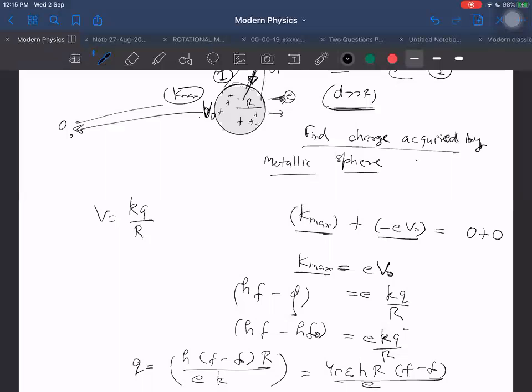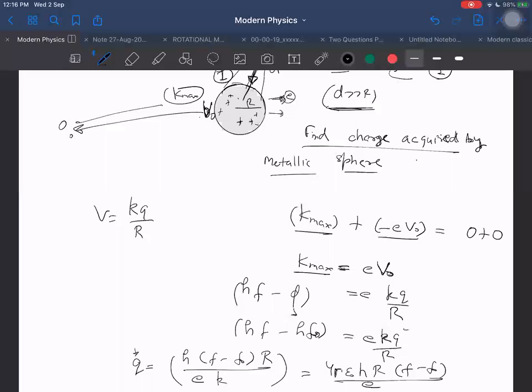I don't need intensity. Why was I giving it? Do I need intensity here? No need. It will not depend on intensity. Intensity will be of one use here. If I ask another question, if more intensity of light, then it will acquire this final charge earlier. If less intensity of light, then it will take more time to acquire this final charge. But anyway, the final charge acquired will be this only.